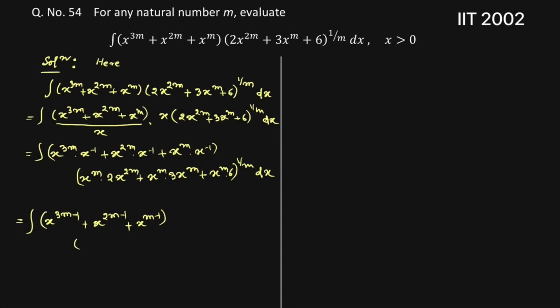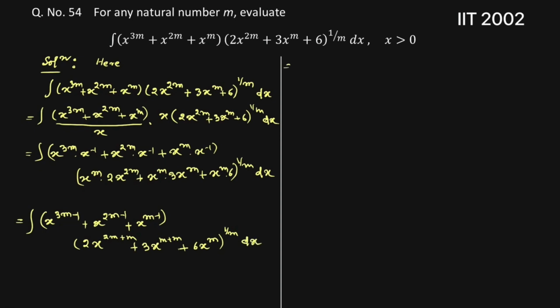Then this is equal to 2x to power 2m plus m plus 3x to power m plus m plus 6x to power m whole to power 1 by m